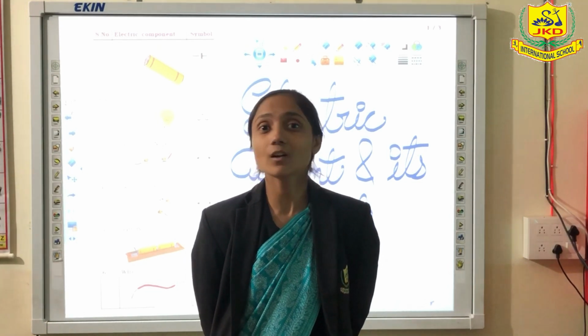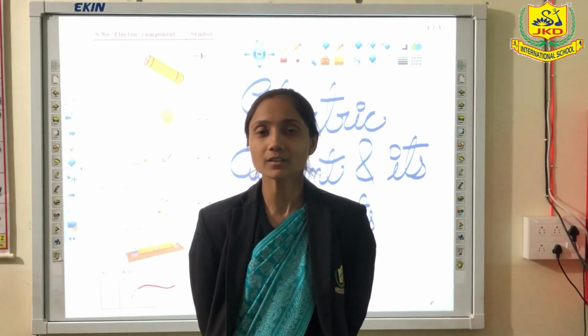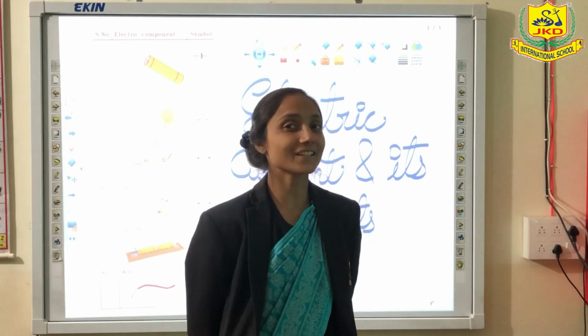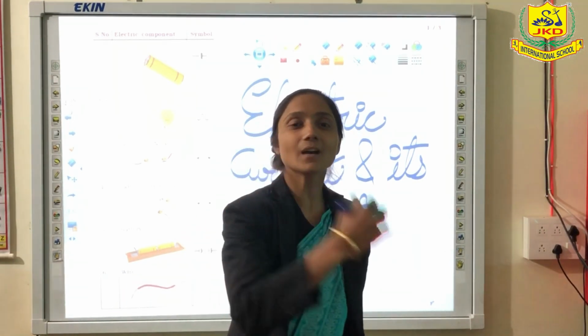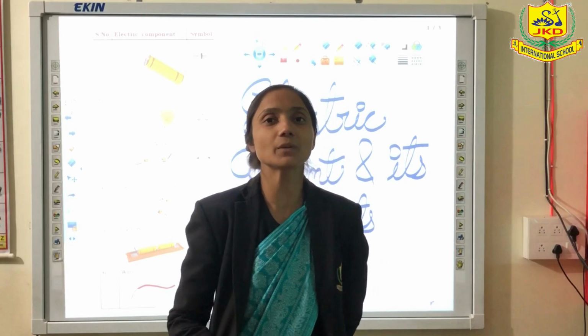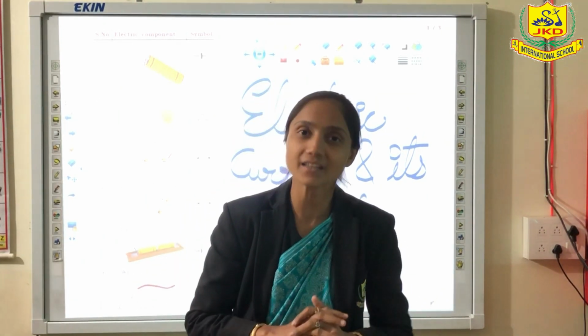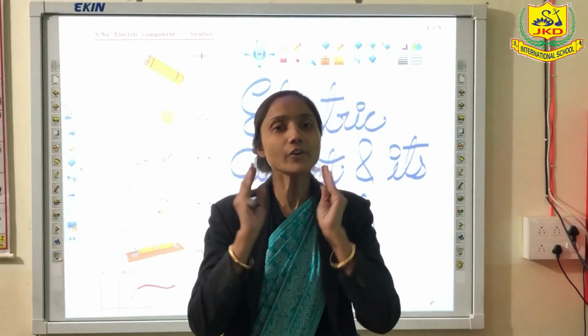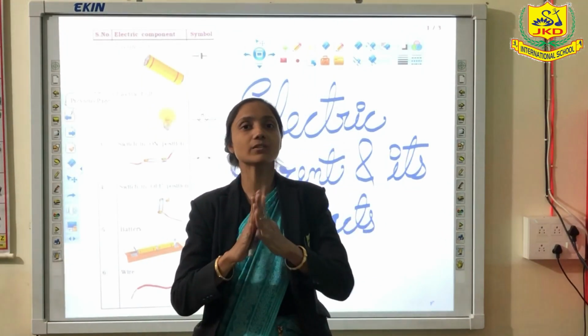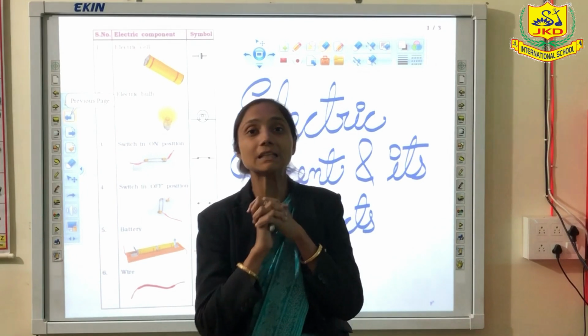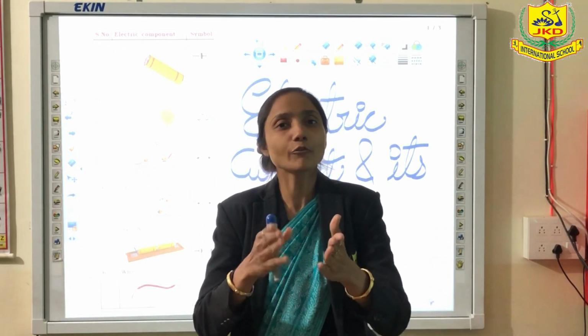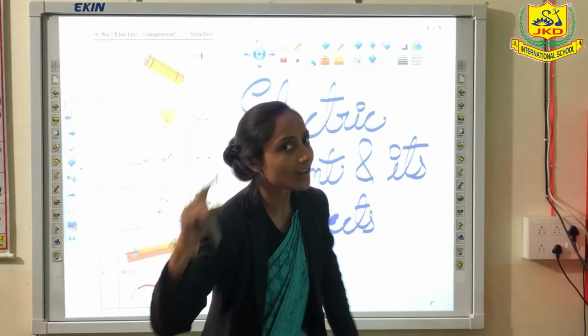So I think you are all looking at the board. In the board it is written, what is written there? So let us come and understand a new topic with me, that is the 7th class chapter 14, electric current and its effects. First of all, to know about this topic we have to get clear about the idea of what is an electric current.